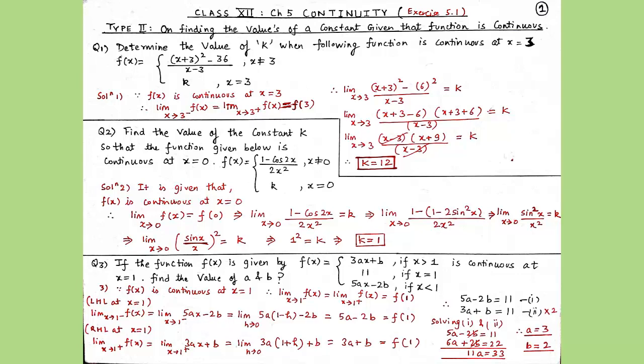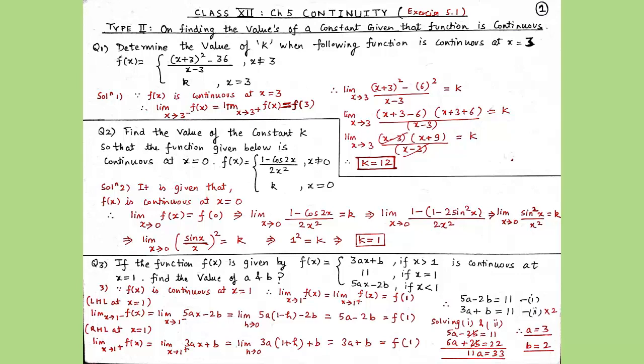And now since in the numerator we have cos 2x and we have 1 also, the basic concept of trigonometry says whenever we have cos 2x with 1, we have to eliminate 1. So by applying the identity that cos 2x is equal to 1 minus 2 sine square x, students, from here we can write this as limit x tends to 0 of 1 minus, and in bracket we write cos 2x as 1 minus 2 sine square x, upon 2x square. So on solving it, 1 and 1 get cancelled out and we get limit x tends to 0 sine square x upon x square is equal to k.